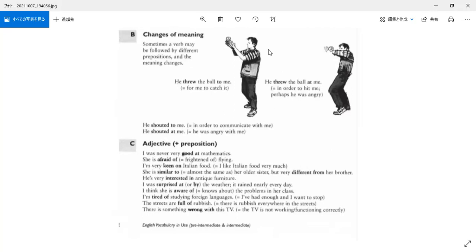So the easiest thing for you to discern whether a word is a verb or adjective is that verbs are usually like to be, is, am, are, or it's going to be